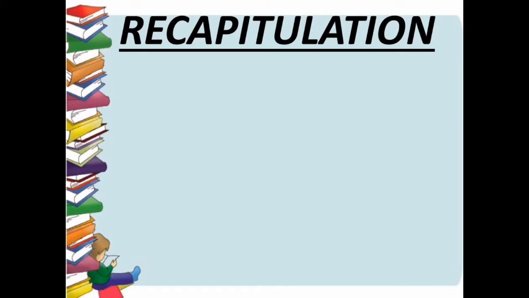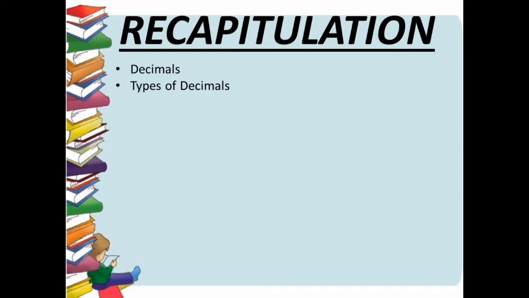Now students, in the previous videos, we learnt about decimals. Decimal numbers consist of an integral part or the whole number part and a non-integral or decimal part. The decimal point separates the integral part from the decimal part. After that, we learnt about the types of decimals, and basically there are two types: like decimals and unlike decimals. Decimals having an equal number of decimal places are like decimals, and those having a different number of decimal places are unlike decimals.